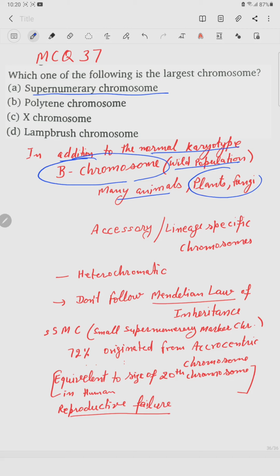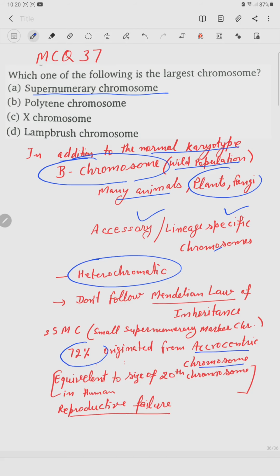These supernumerary chromosomes are also called accessory or lineage specific chromosomes. These are heterochromatic in nature, and in case of human being, 72% of these originate from the